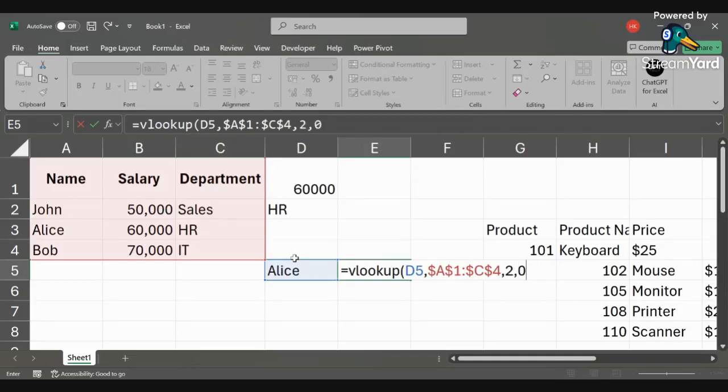Okay, then comma. Now, if you see, there are two options, true and false. You are able to see this option. I will just remove this. Yeah, you are able to see that, right? True and false. Here is where the magic happens. And that is why my friend found that mistake, because he was in a hurry and he did not put that zero, he just put it this way.